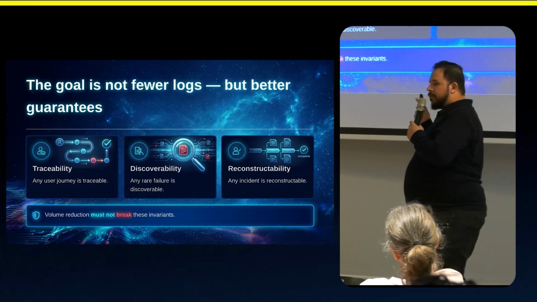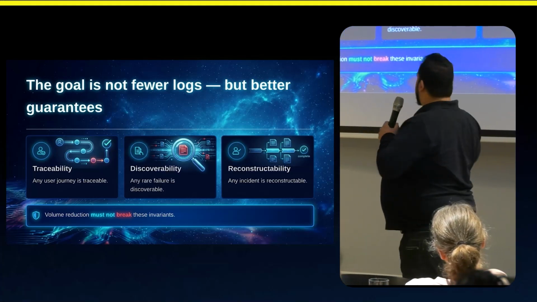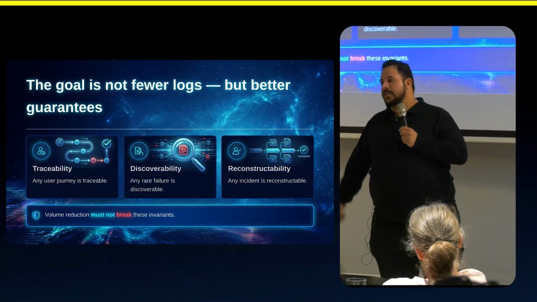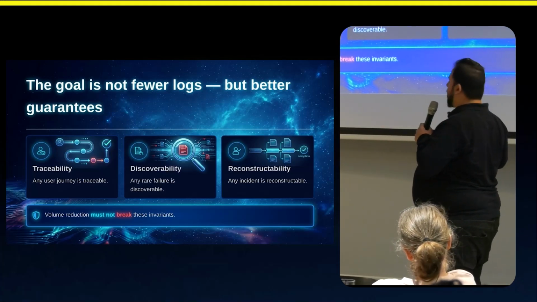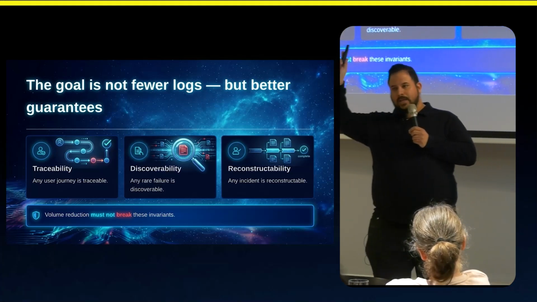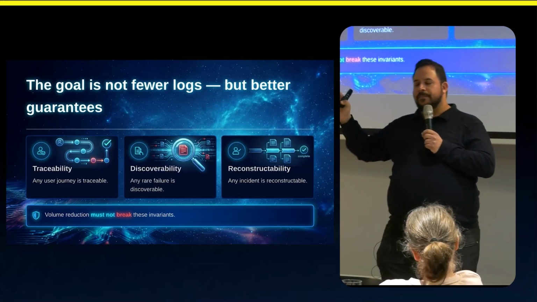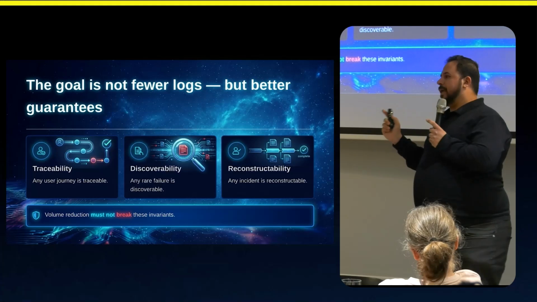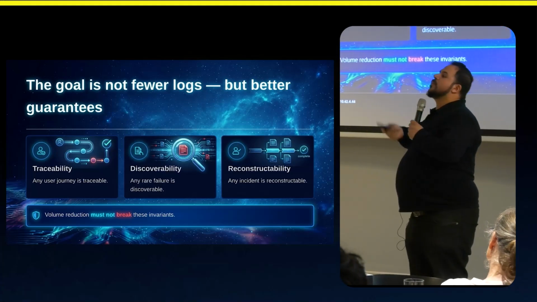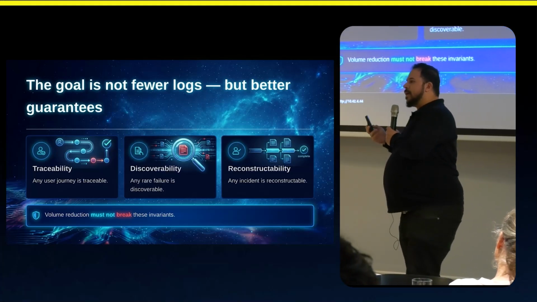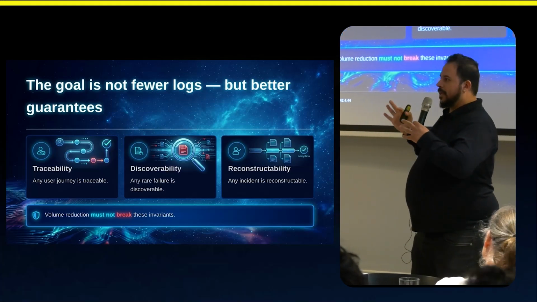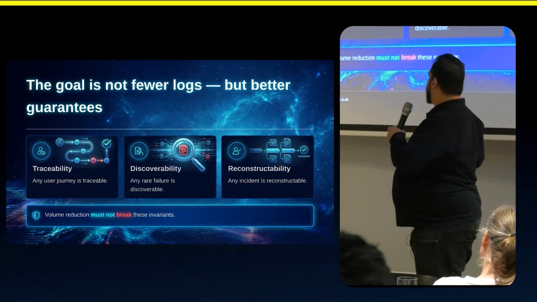Because remember, if you ask every engineer or DevOps, what's the goal? The goal is not fewer logs. A developer won't tell you, okay, what we're looking for is fewer logs. What they need is guarantees. They need better guarantees because they want to understand the user journey when someone calls them at 2 a.m. and says, okay, I can't pay for an order. Or they want to be able to find out when something unique happened, when a service really is gone and not just noise, to understand that the system now has an anomaly. It doesn't behave the way it usually does.